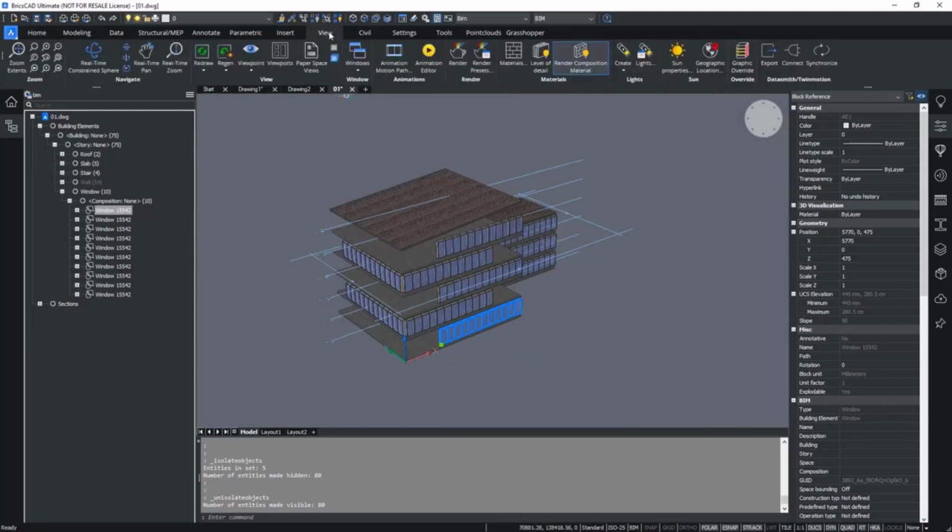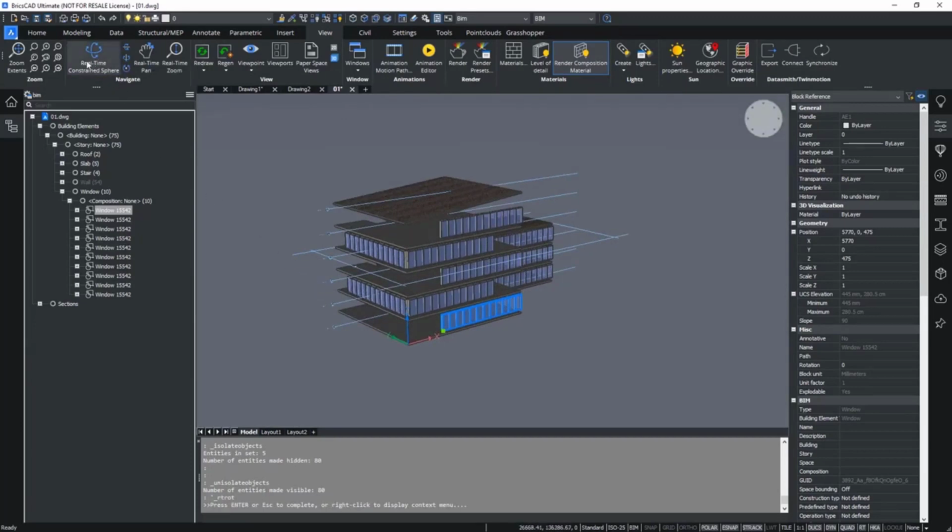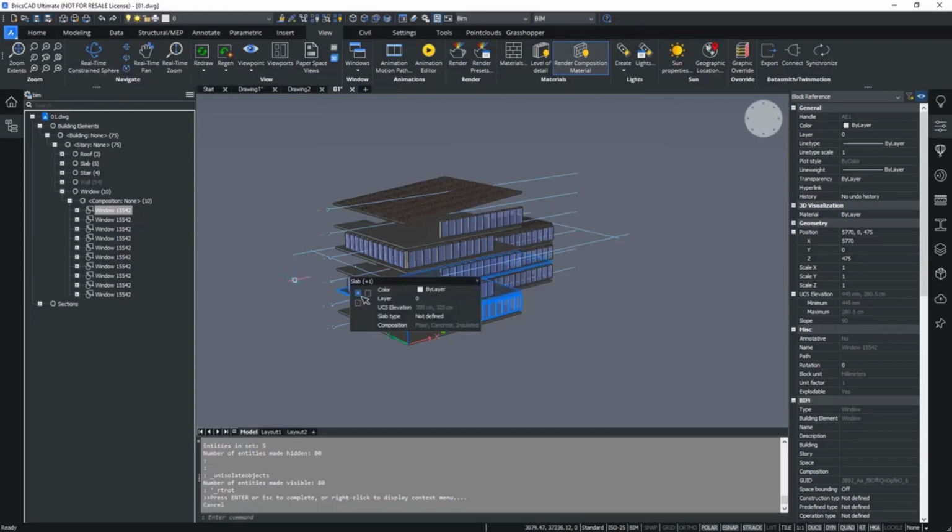Also, we have a View ribbon tab where you can find some viewing tools, such as the real-time constraint sphere that's always orbiting around your model. But this is actually a command, so if you want to exit this, you can press escape and then you are back into your regular